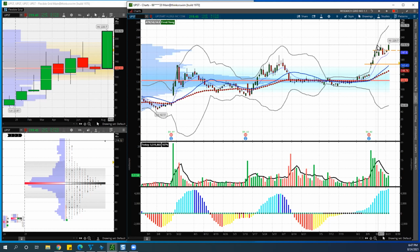So UPST, from my experience, from a couple of days that I traded, the options can get really spready. So make sure that you know exactly when you're buying. If you're buying at the open, make sure that you do have a trigger. Don't try to anticipate. Sometimes it's just better to wait for the mid-morning and get a nice base where you can buy your options and you're not chasing your options, and then you take the second move of the day, and that should be enough to make whatever goal it is that you have. But UPST